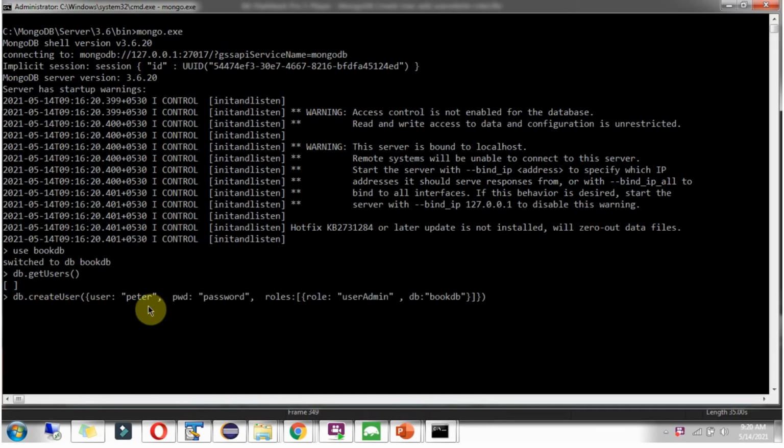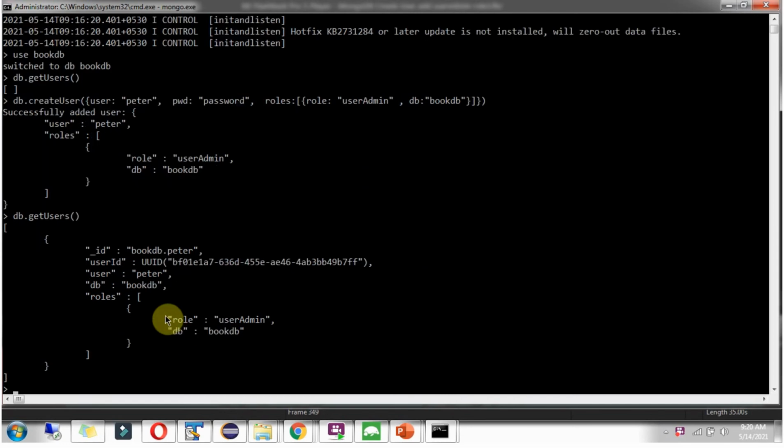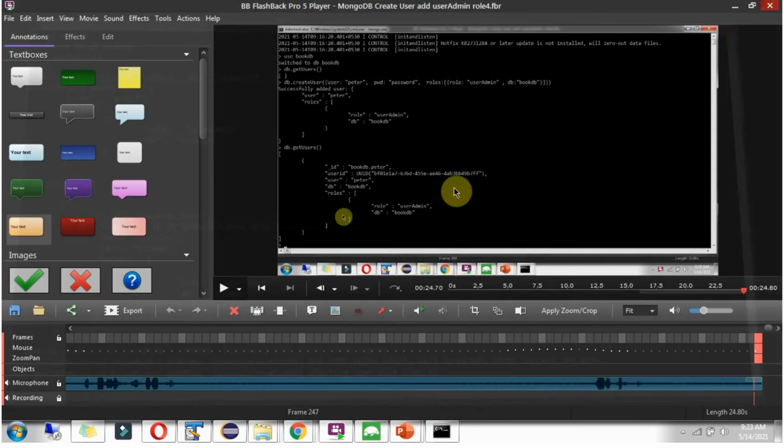db.createUser, username is Peter, password is password, and role is userAdmin, and the db parameter is bookDB. And the user is successfully created with the role userAdmin. Here you can see. Close this window